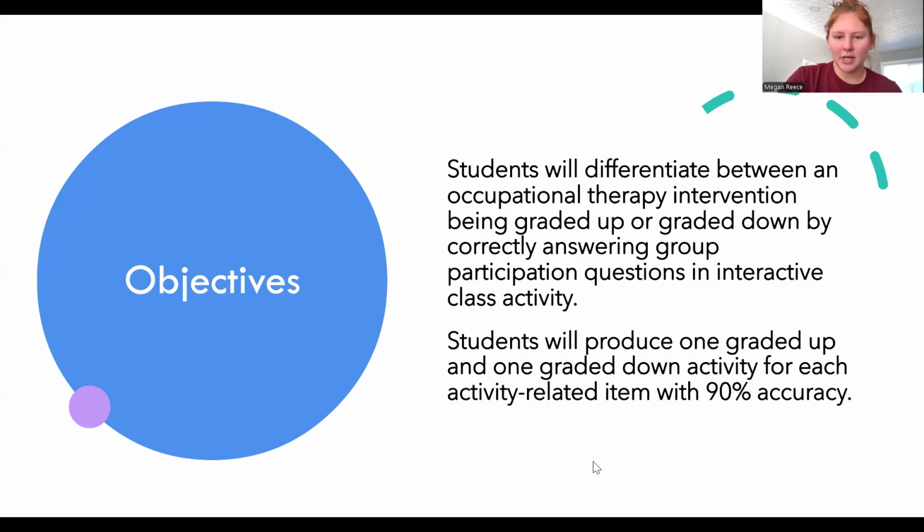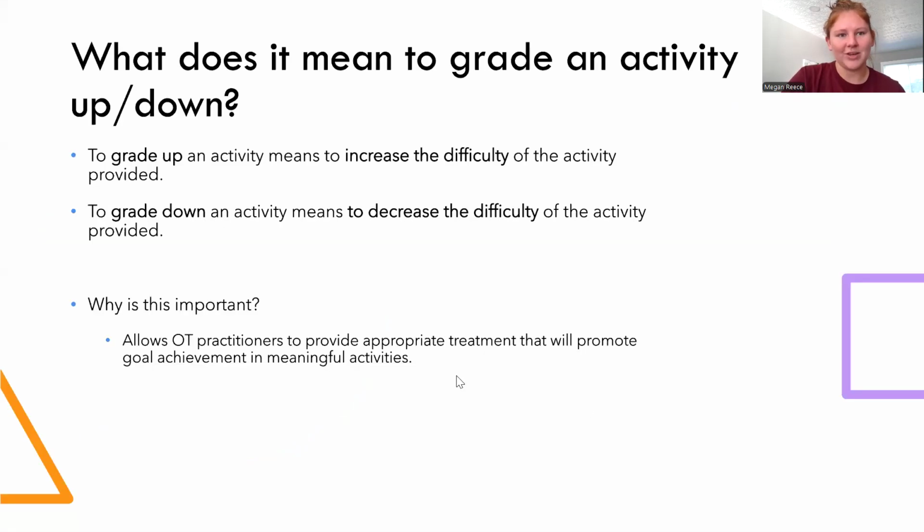So to get into it, all right, so what is grading? Grading up is to increase the difficulty of an activity. Grading down is to decrease it, make it easier. So this is very important for our occupational therapy practitioners as it